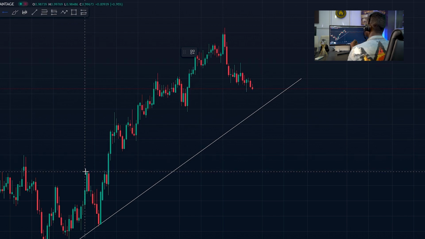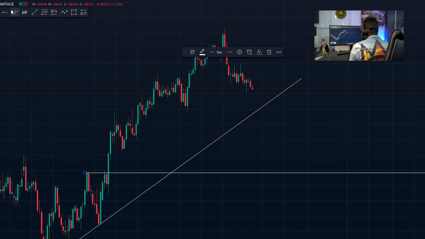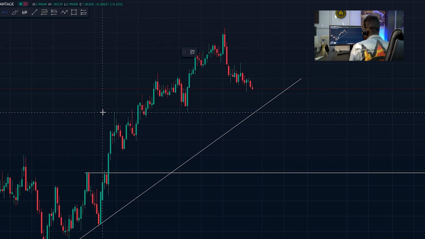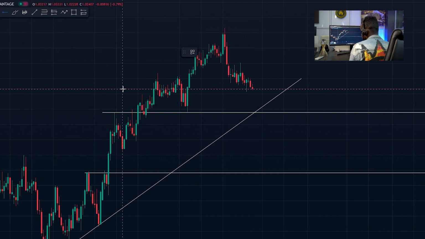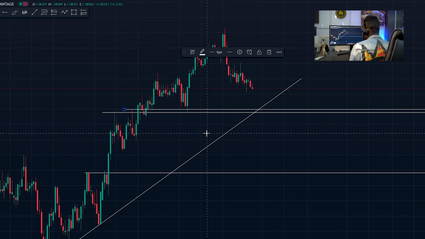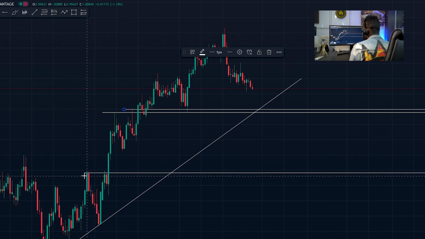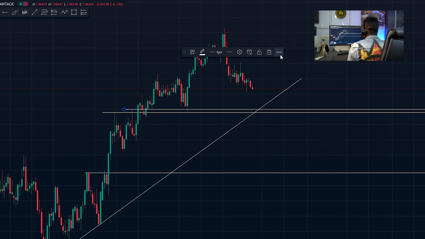So we had a turning point here. We had another turning point here. We equally had another turning point here. Now, if you look at it, the turning point we had here, we didn't really get any reversal from it. But look at this turning point here. The market came here, touched it. So if you could recall,